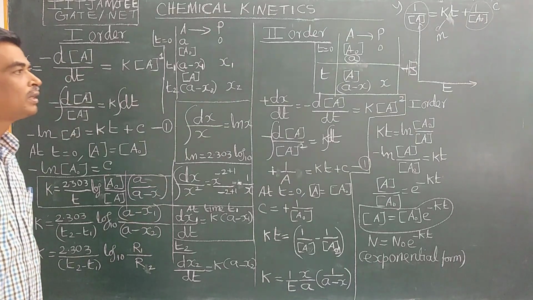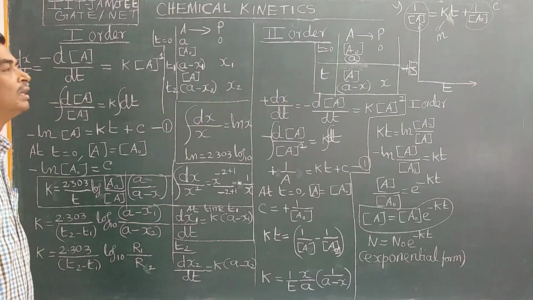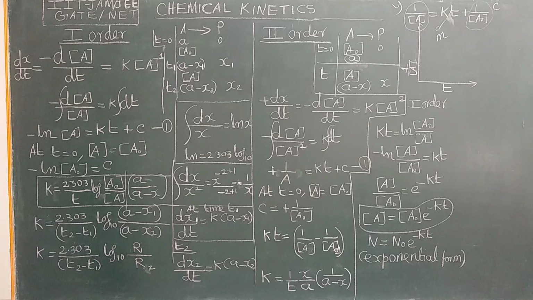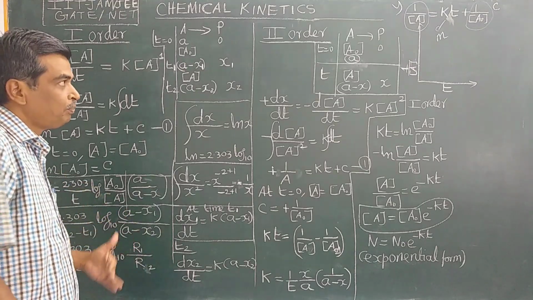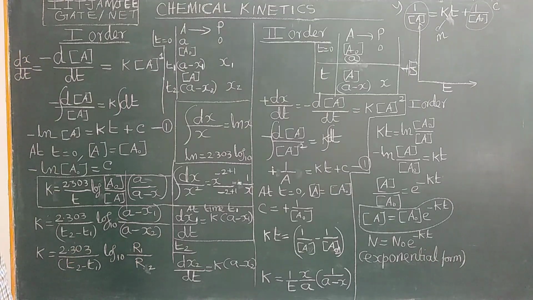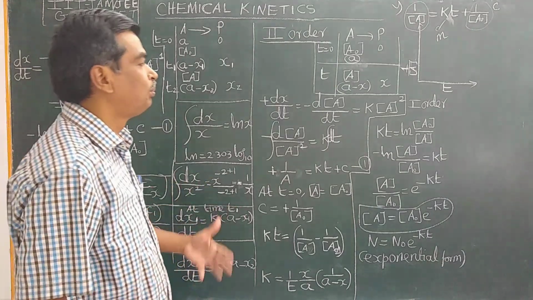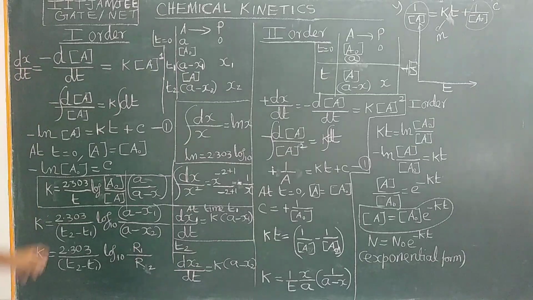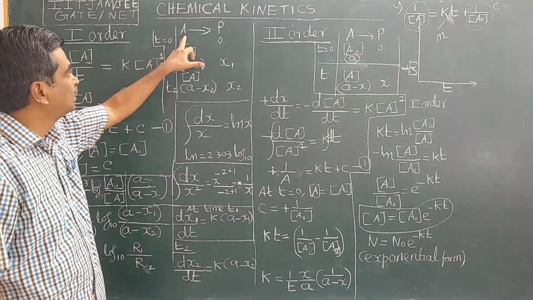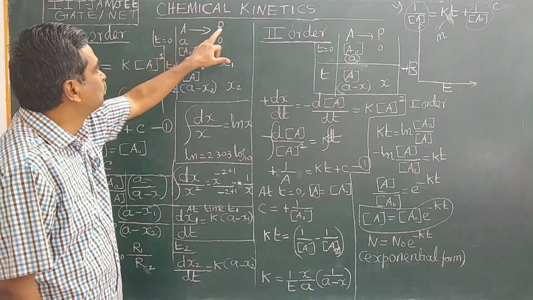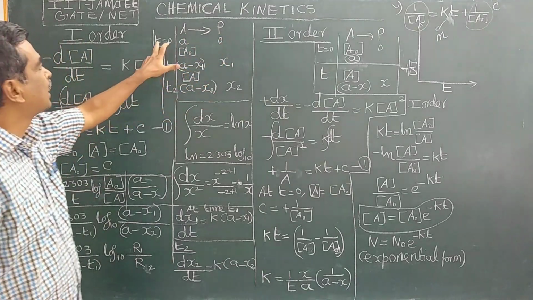These are all very important for solving various competitive exam problems, and they can also be plotted in different ways. They will ask what the slope is, what the intercept is, in the different forms of plotting. Let us first see the first order reaction. In a first order reaction, for example, A gives product, at time t equal to